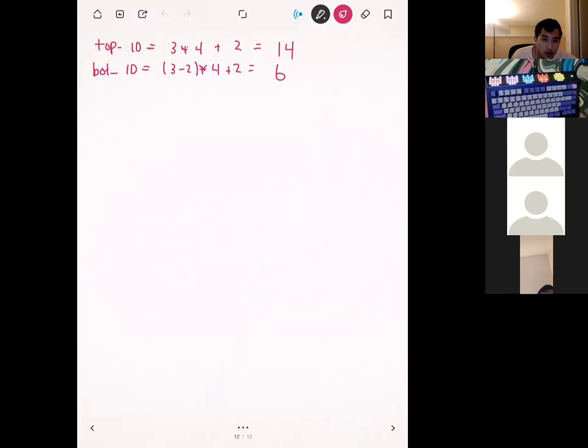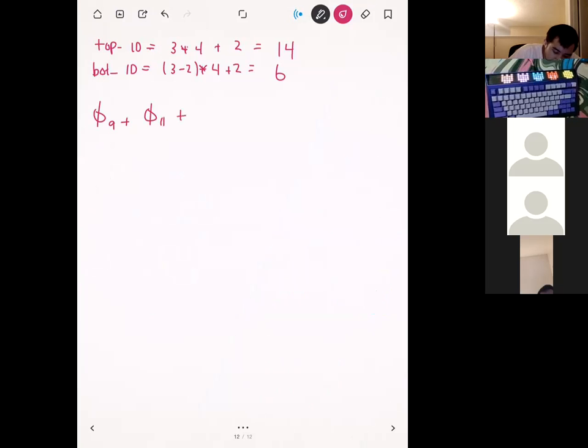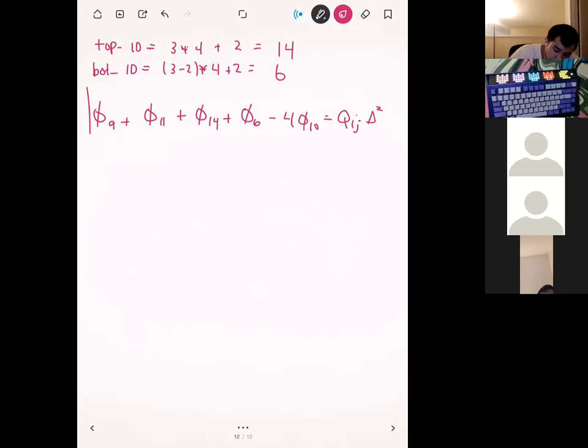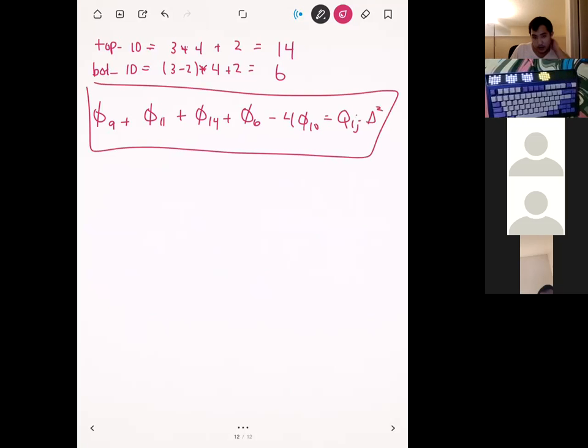And so now that we have all these ID numbers, we can just simply write them all out together. And so we're going to have phi 9 for the left neighbor plus phi 11 for the right neighbor plus phi 14 for the top neighbor plus phi 6 for the bottom neighbor minus 4 phi 10 is equal to qij times delta squared. And so it's the exact same result, we just went about it in a different way,